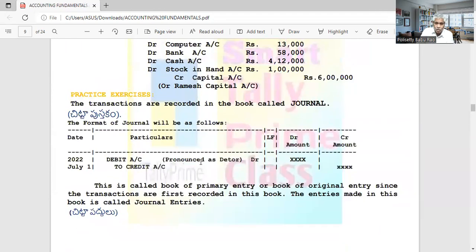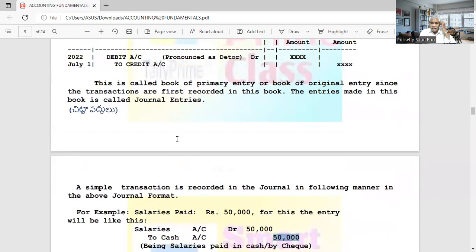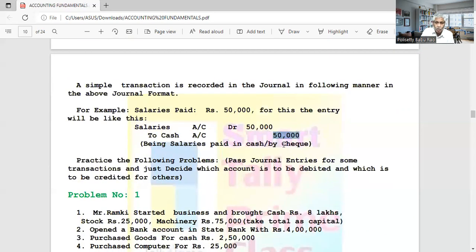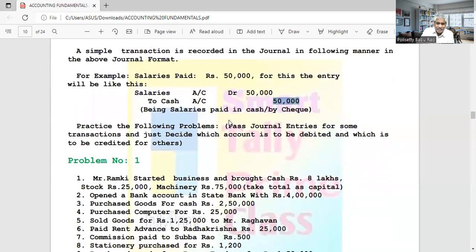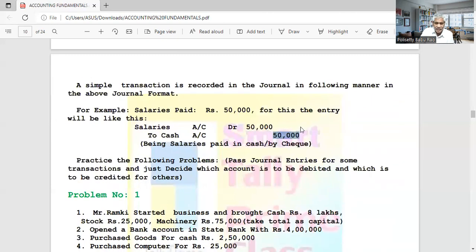Hereafter, goods we write as sales or purchases, returns, etc. And in this journal we write debtor to, but actually it is not required. If you decide which is debited and which is credited, that is enough for us, because we write either debit or credit in Tally, right? Okay, so it will be very easy there. You can understand there. So this is the method of recording transactions.